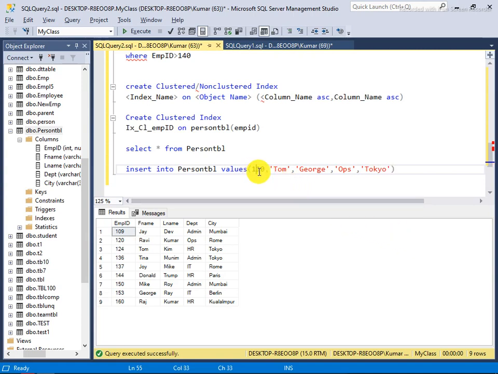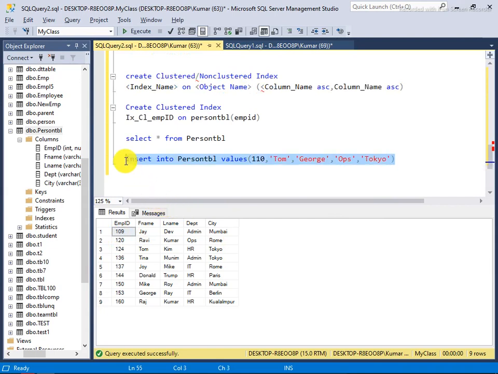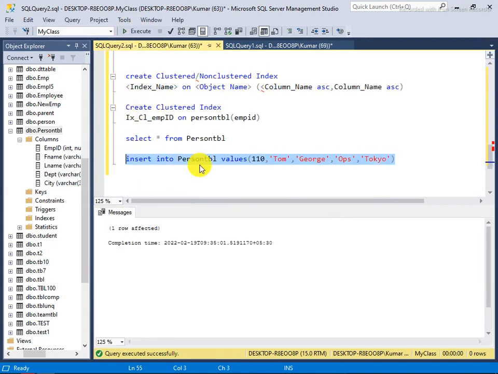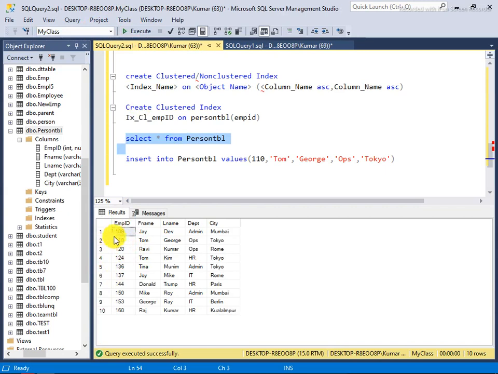You will notice that 110 comes just after 109. I run it here. Now I show you using a select query. As I said, it comes after 109. So that's the clustered index.